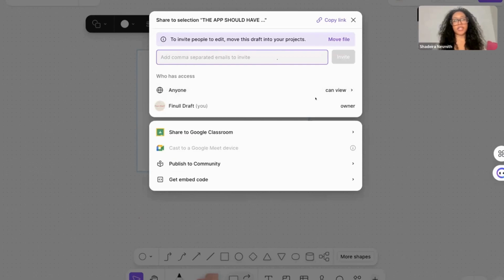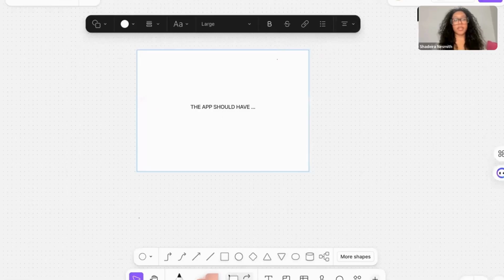Let me see if I can actually share this. I'm going to share this. If anyone wants to type on it, you probably can. But okay, I see settings. It should have settings. That's a good one. I see a login, so I'm going to put that. So settings,